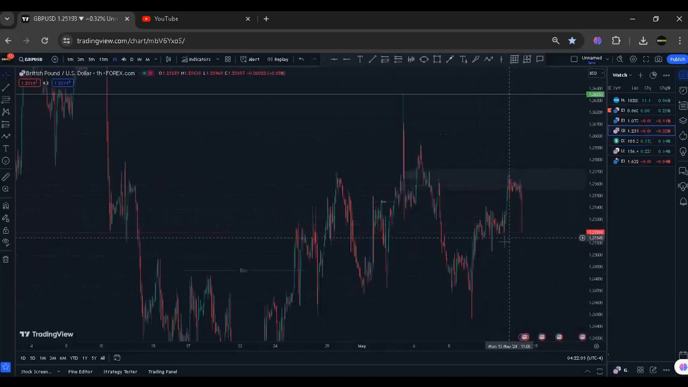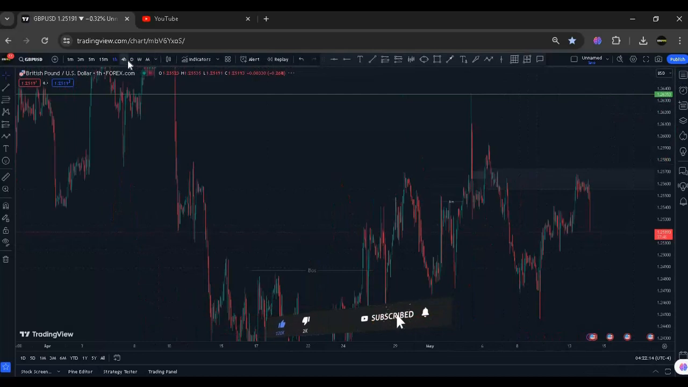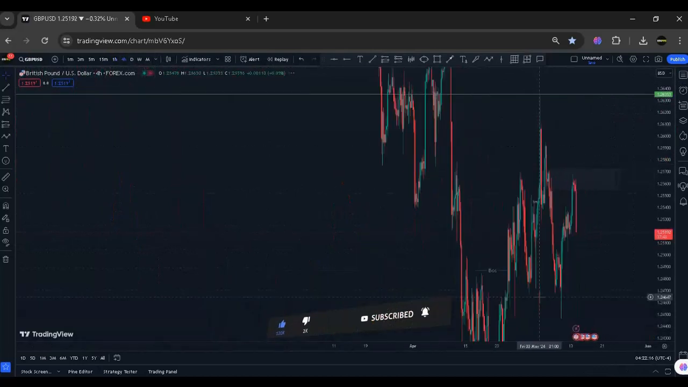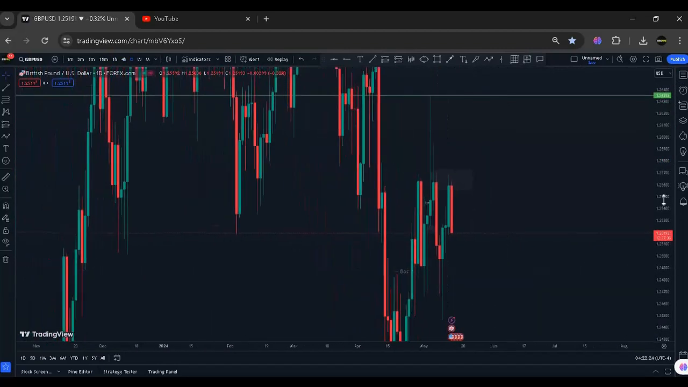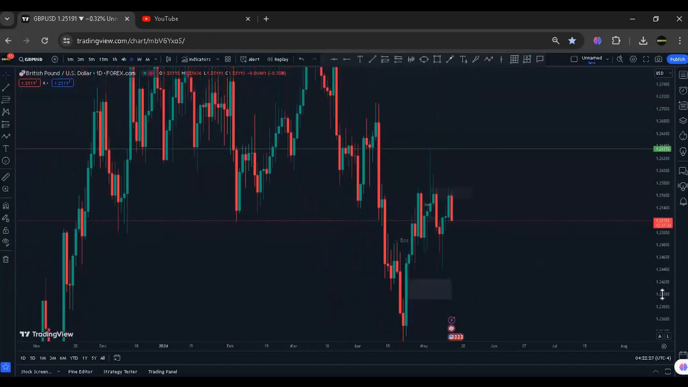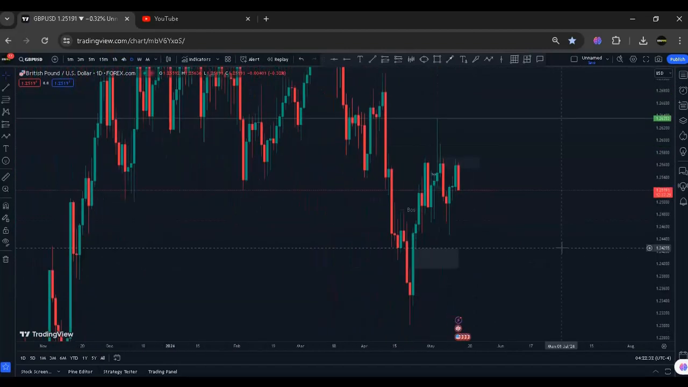GBPUSD, I should expect to buy in this area. Alright, should expect to buy in this area. So knowing that, I go back to the 4 hour or even to the daily and start looking for areas to buy price at. On the daily, right away I can see the best place for me to buy price